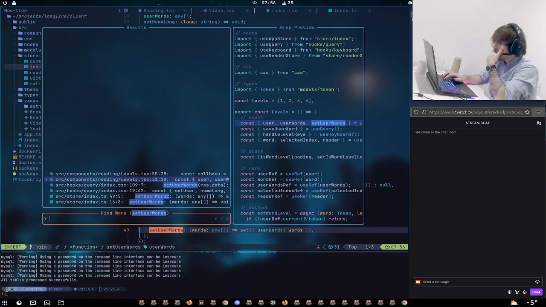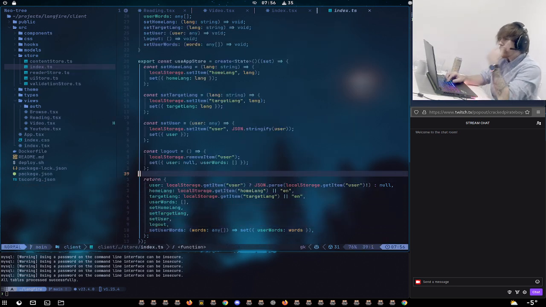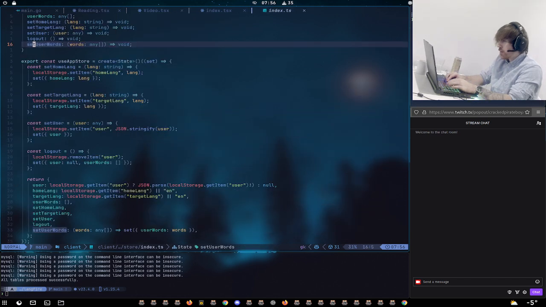Reading levels. Oh no, it's not set user words we care about. Wait, is it? Well, yeah.